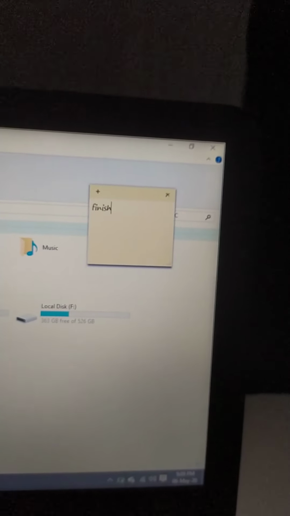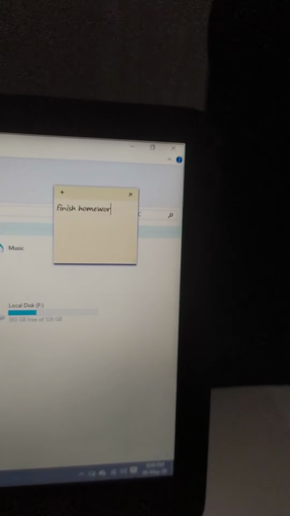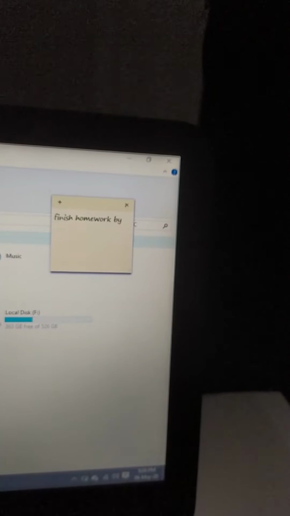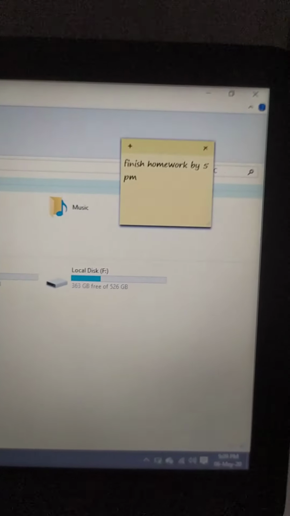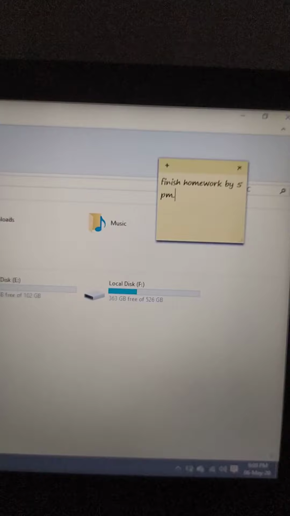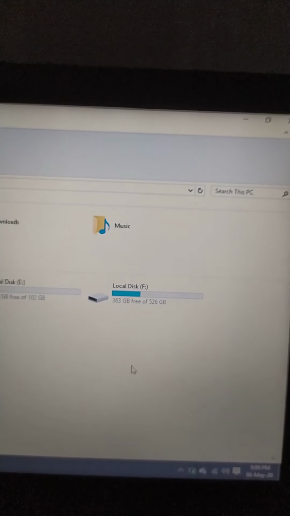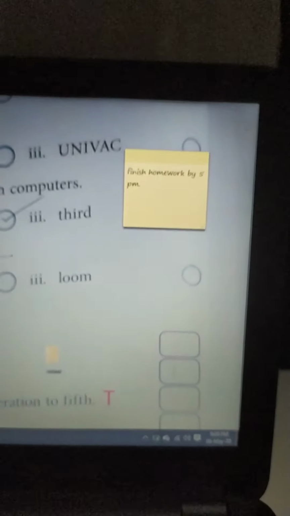Write the note over there: finish homework by 5 p.m. Okay. The note is done, and we will leave the page as it is. See, our note is stuck on the desktop.